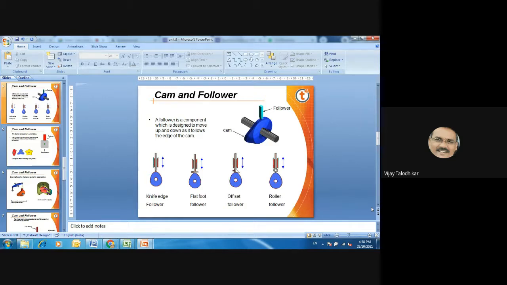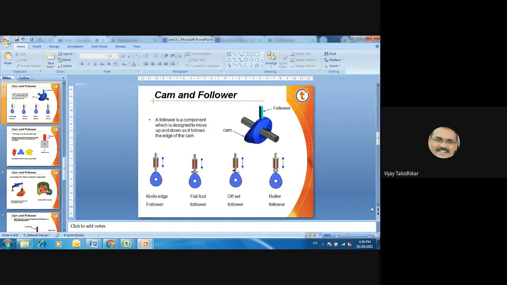The cam is the first element, roller is the second, follower is the third, and the fourth is the guideway, which is shown in red color.